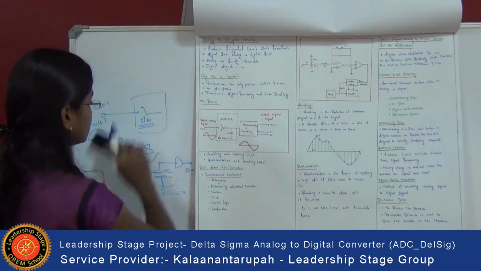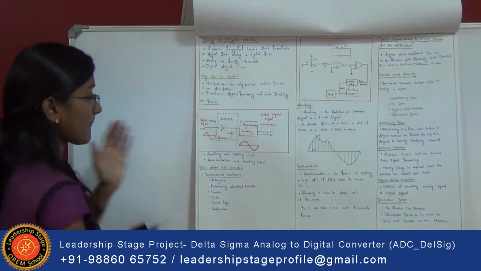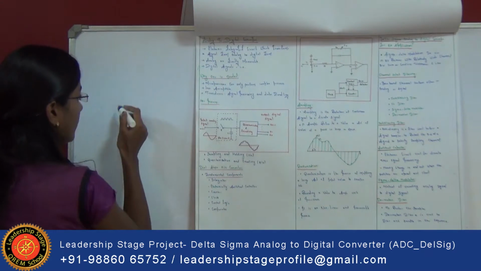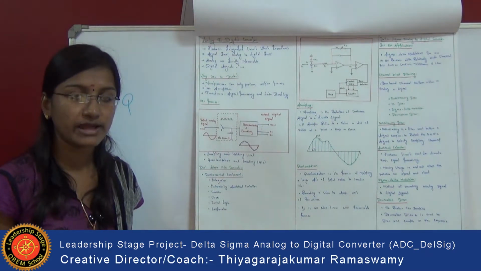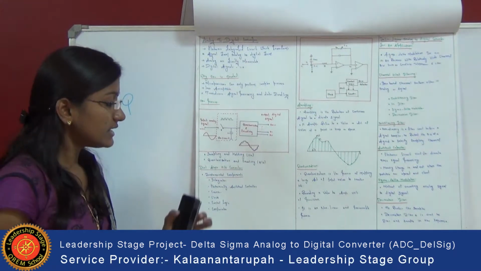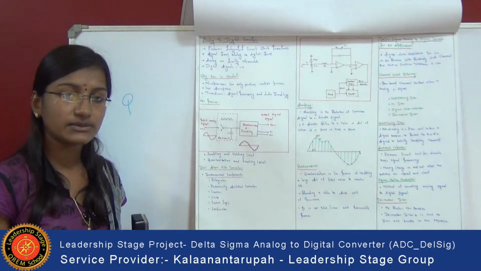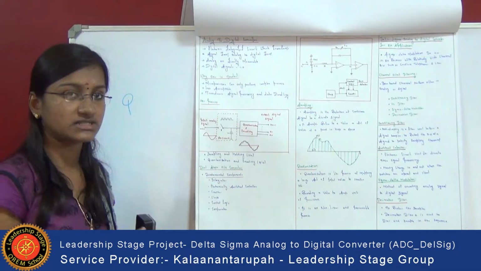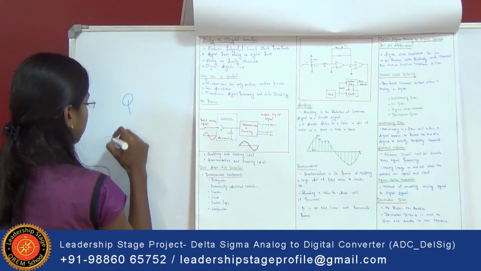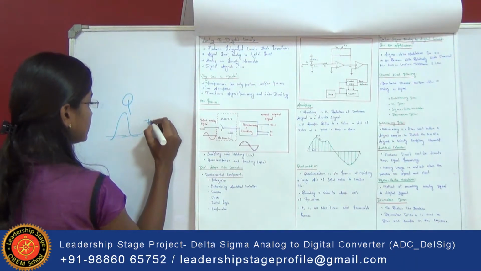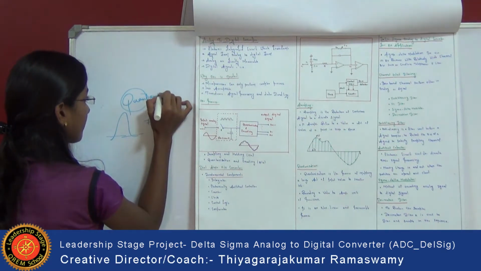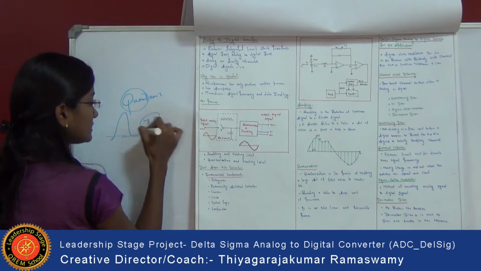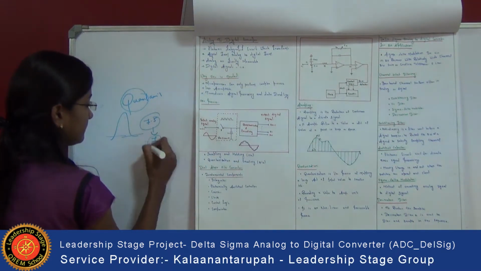And next, it passes the input to quantization and encoding. Quantization is the process of mapping a large set of values to a small set of values. By using quantization, we can round off the value to some precision. Like if we get the output from the analog signal as 7.5, by using this quantization method, you can round off this 7.5 to 7.